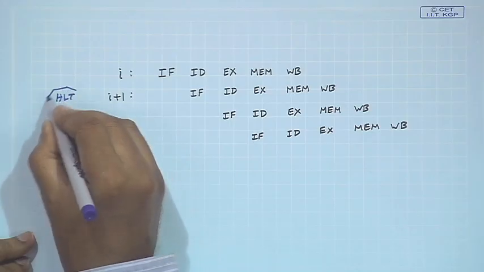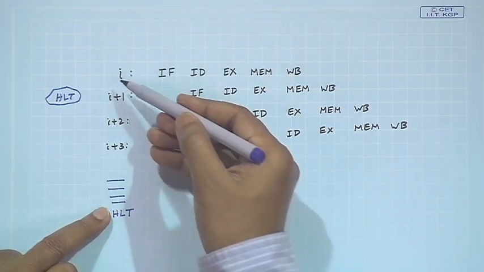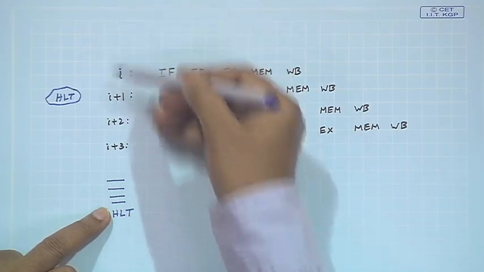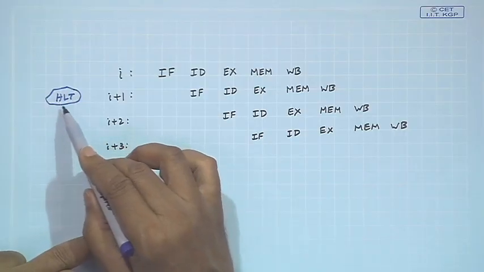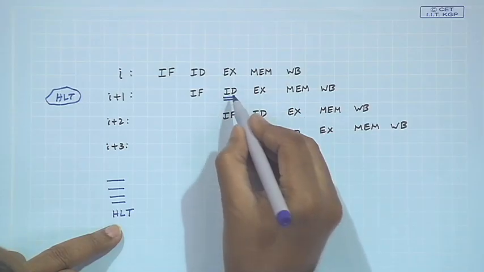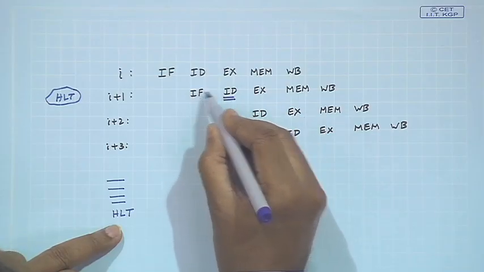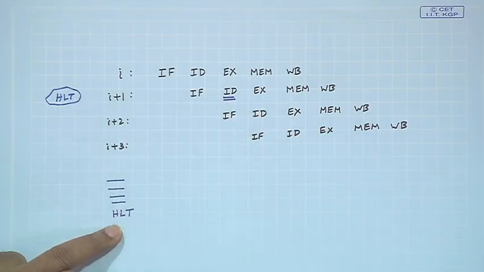There were some instructions before it, I minus 1, I minus 2. This halt instruction will be decoded during the ID phase. So, after instruction fetch is done, we will know that this is actually a halt instruction,